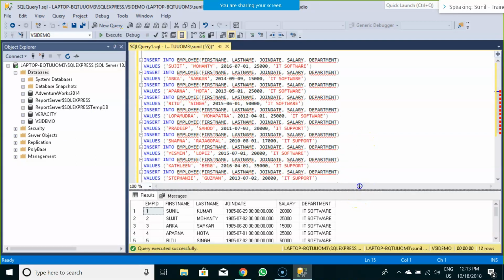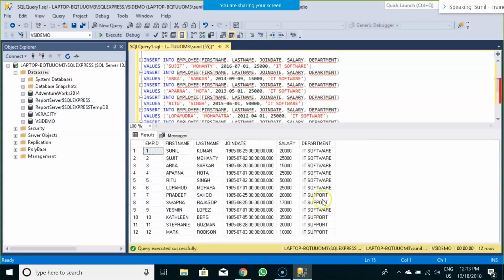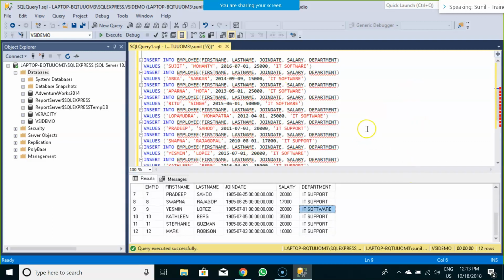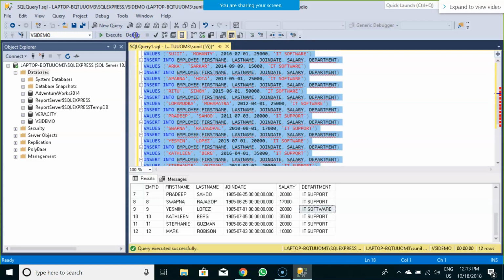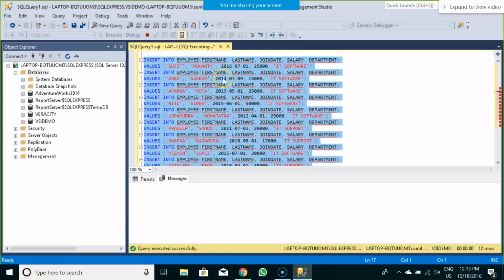Now my table is ready. I have two departments in this table, IT support and IT software. And I have all the first names, last names, the unique primary key associated with this particular table, and I have their salaries. And before making any operation, let me comment these things out so that we are not executing anything accidentally.